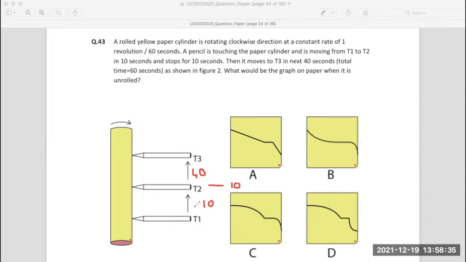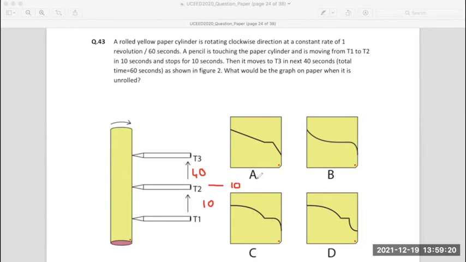The pencil has moved from one position to another with a higher speed compared to the speed with which it has moved from position T2 to T3. Do you agree or disagree? Agreed. So on a rotating surface, when there is higher speed and the line is straight, you get a steeper angle, like this, versus you get a very acute angle where you are moving at a slower speed on a rotating surface.